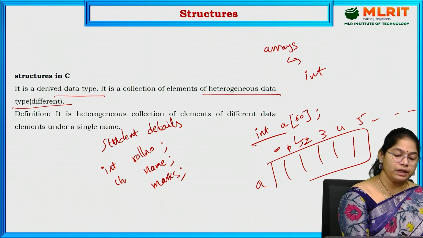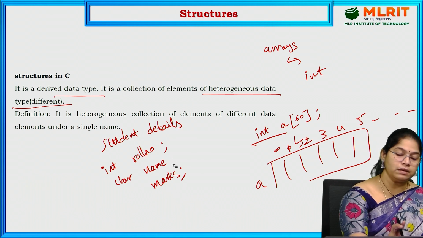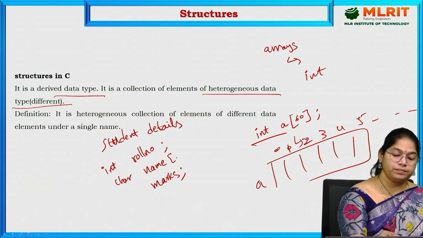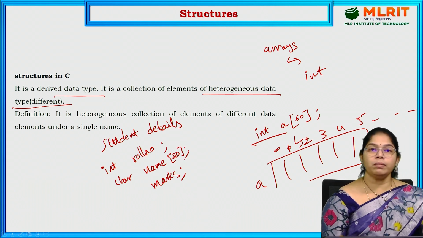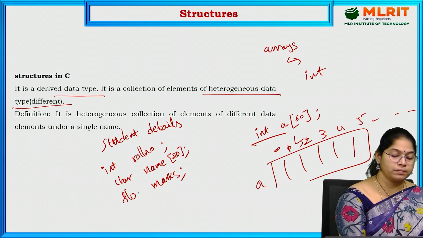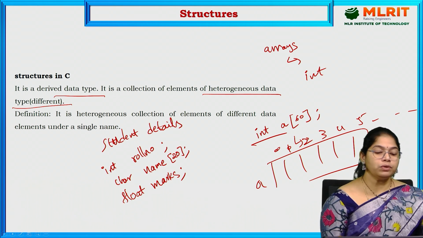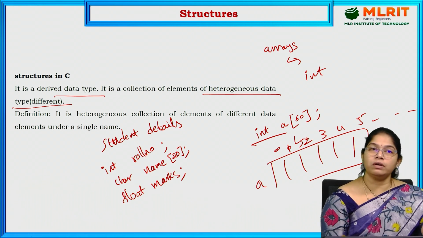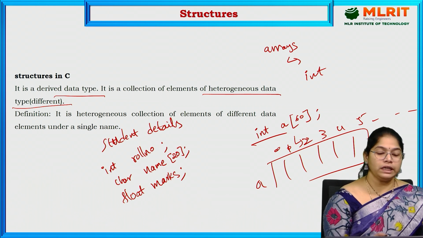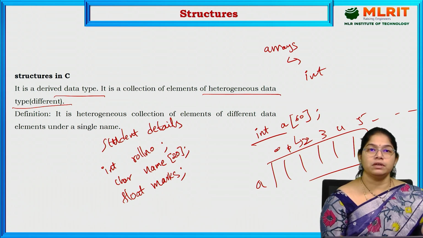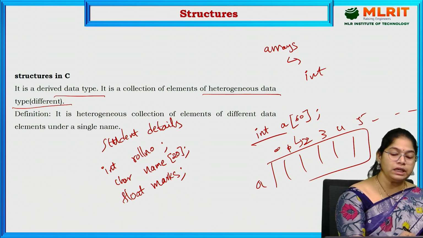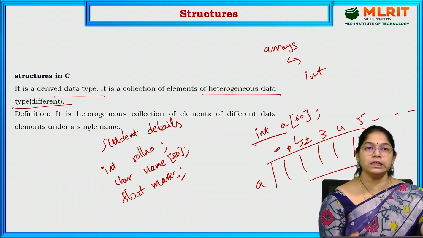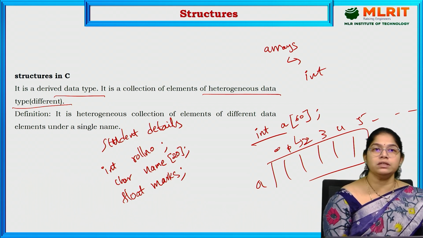Name is of type character, but it is a character array, that means a string. Marks is of type float. If I want to store this kind of data, all the data are not of the same type; they are of different types. If I want to store the details of the student under a single name, we can do this using structures